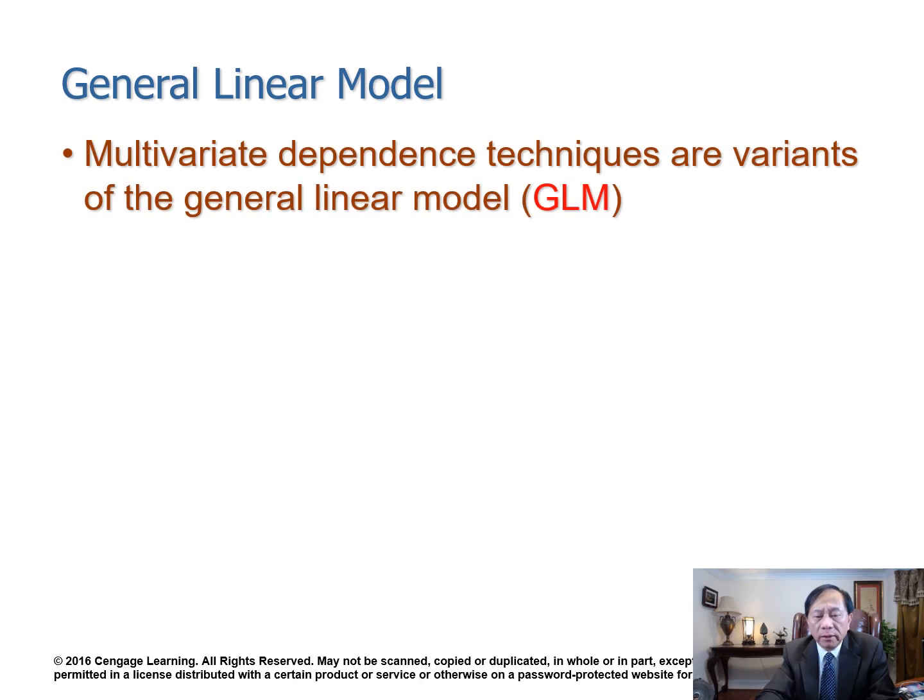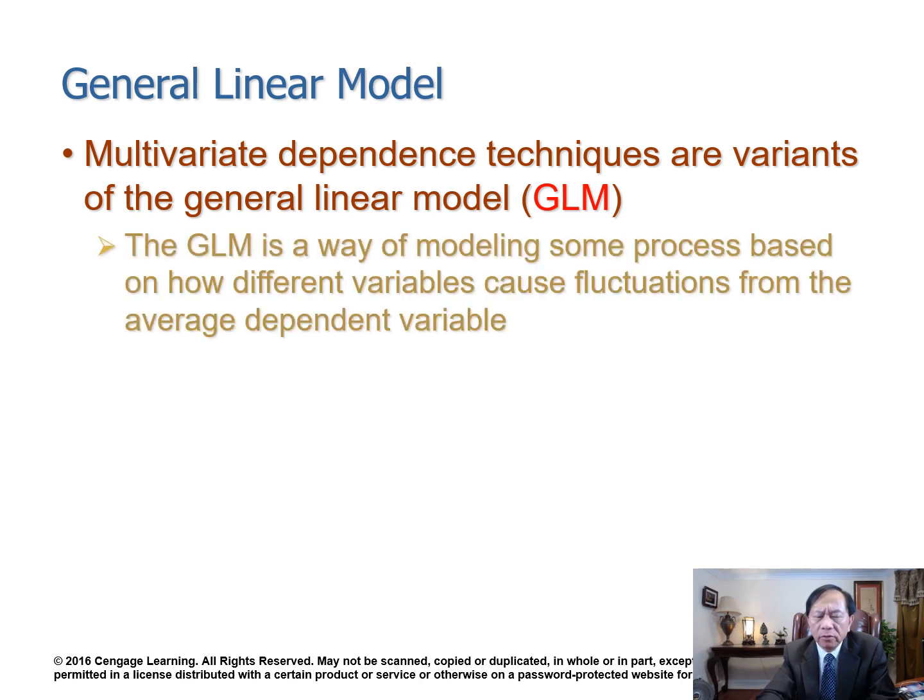General linear model. Let's talk about the general linear model. What is the general linear model? Multivariate dependence techniques are variants of the general linear model. All those multivariate dependence techniques can be considered a variant of the general linear model. The general linear model, or GLM, is a way of modeling some process based on how different variables cause fluctuations